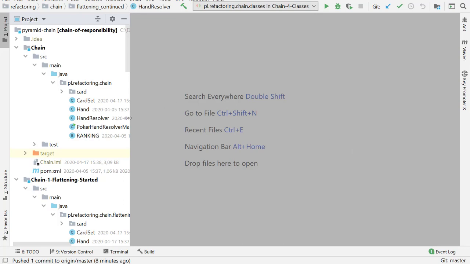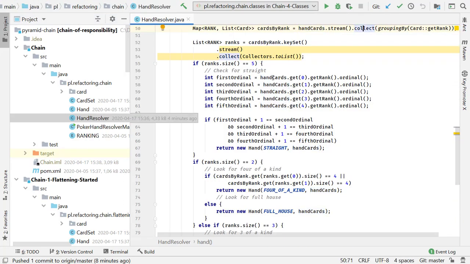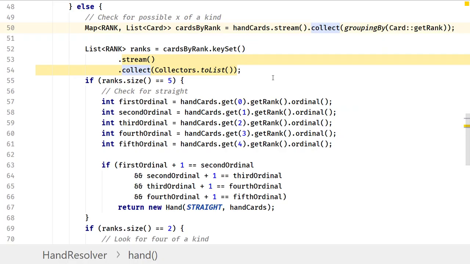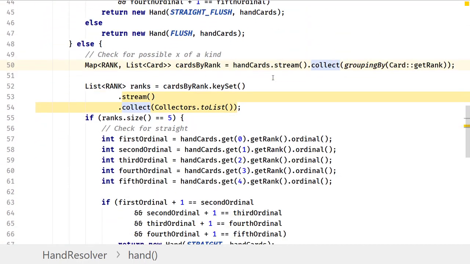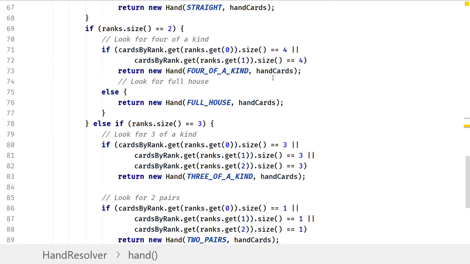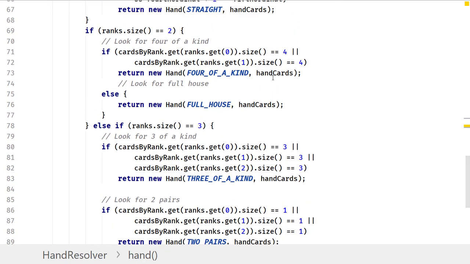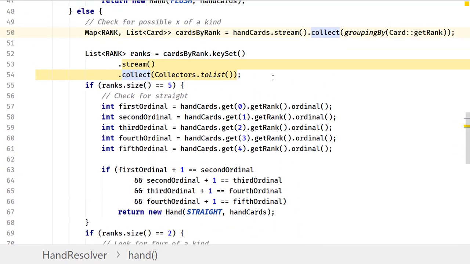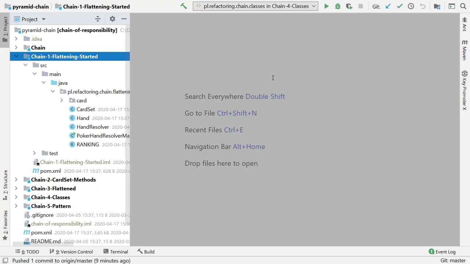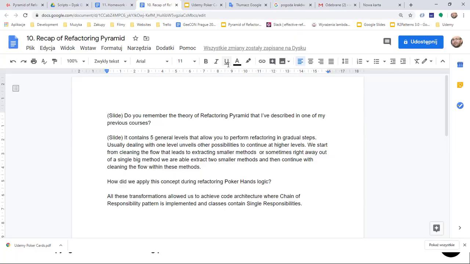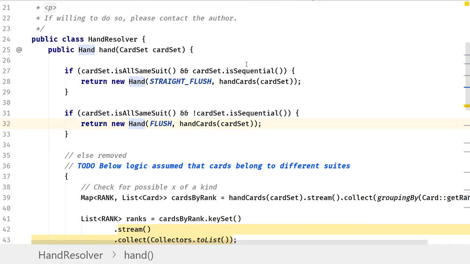We started with a mess. HandResolver class contained conditions inside other conditions, duplicated code. And we started cleaning up this code in small steps. At the first step, HandResolver became slightly cleaner at the top.